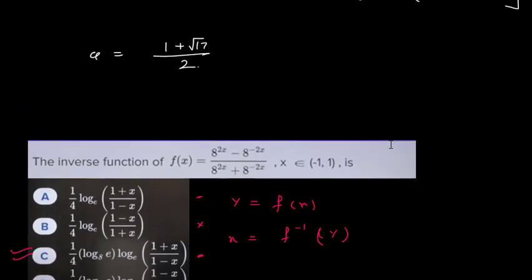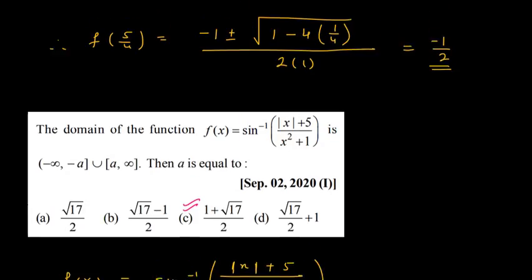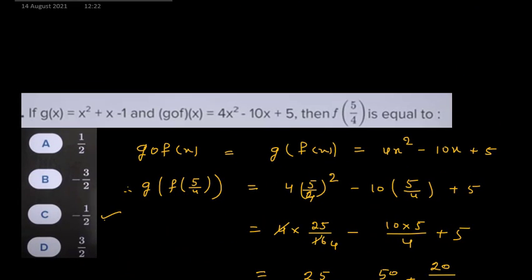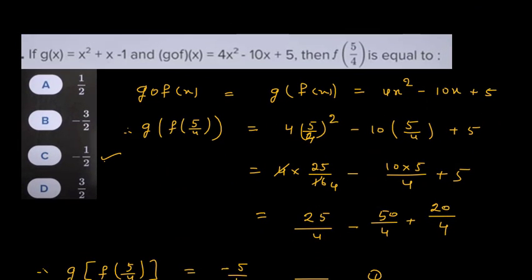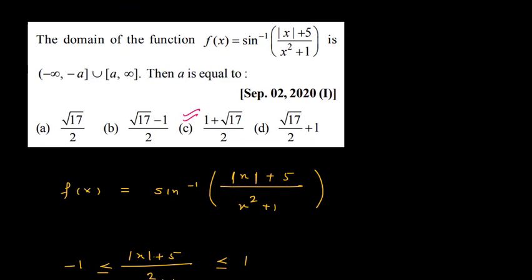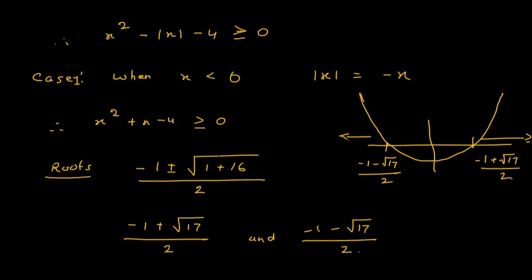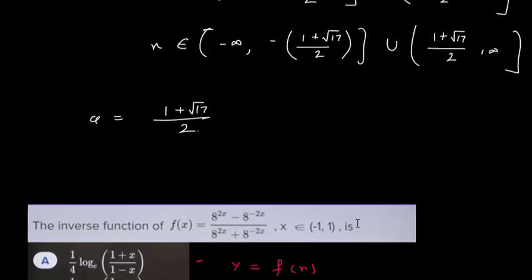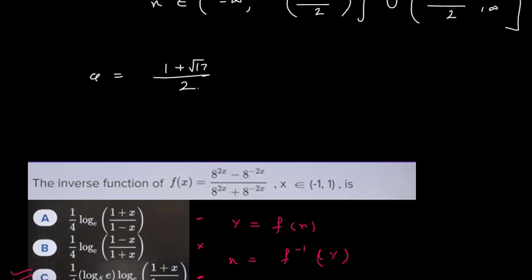Right? Okay. So these are a few problems that we have tried in this class. This is the first problem that we have seen. g(x) is given as x² + x − 1, g(f) is given, and you have to find f(5/4). Now look carefully at how you can tackle these kinds of problems. Second type of problem we have seen where mod is involved, and we found how to get the domain of the function. Here we have the problem to find the domain of the function, and this is how we get it. If you know a different method to solve this problem, you can share that with me.